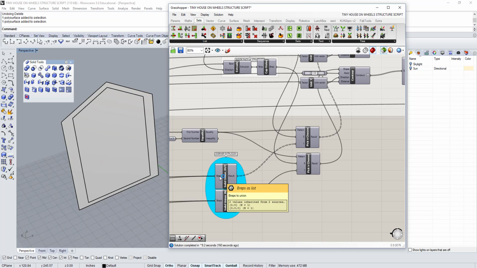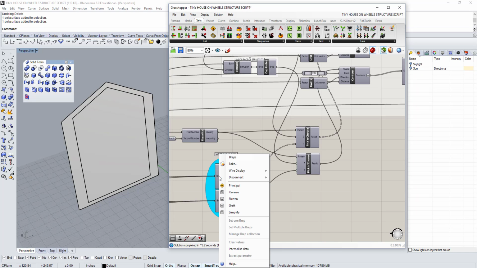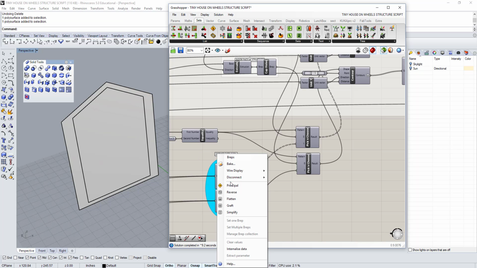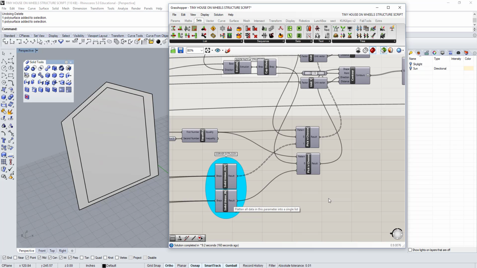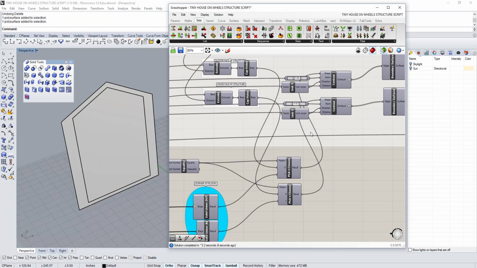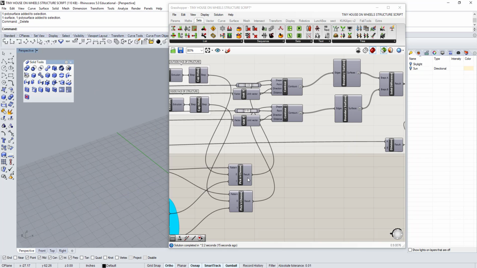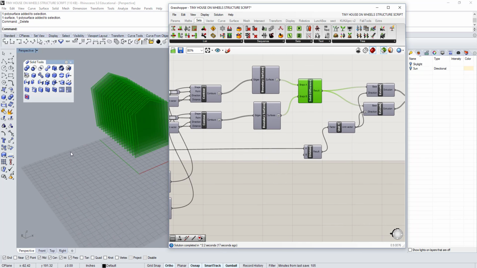So what I want to do is right click on the input of the solid union for the outside face of structure, and simply flatten it. That should fix this dotted line to a continuous solid line, and it should fix it down the stream. So this is now a closed brep, that's a closed brep, and these are 17 defined values. So now if we actually preview the solid differences,